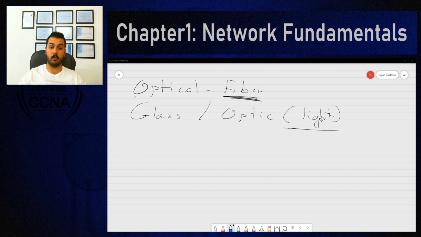Okay, so now we have another type of cable that is carrying data or information, but not through a copper cable, not through electric beats, but through light. So we have